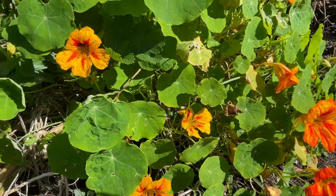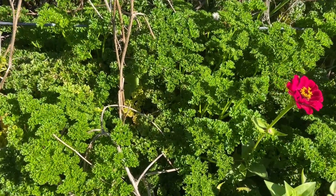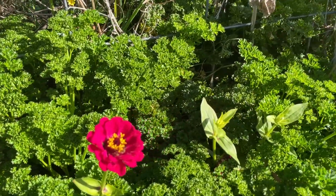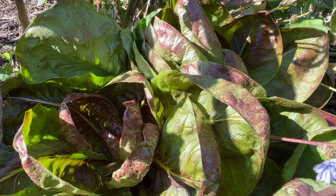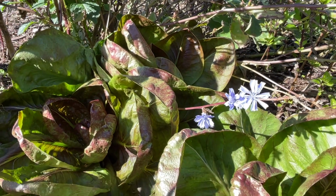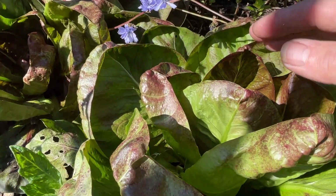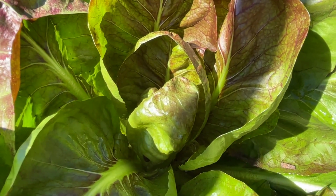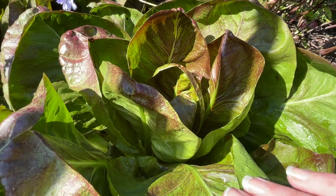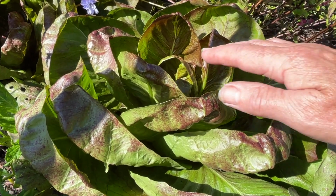in the garden. Just here, mixed in with some zinnia plants, I've got a big patch of curly leaf parsley, which of course is beautiful in a tabbouleh salad. A plant that I don't have to replant all the time, that does volunteer readily in my garden because of these beautiful little flowers and spreading of seeds, is radicchio plants. I just love the colour of these. They've got the crimson with the gorgeous green colour and really look beautiful in the garden, and they're really tasty